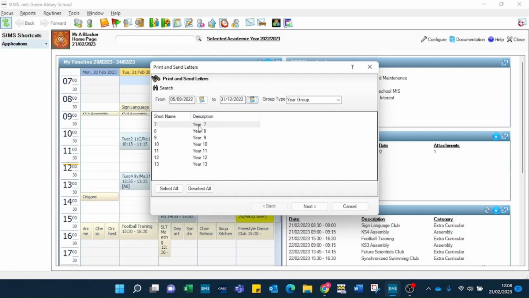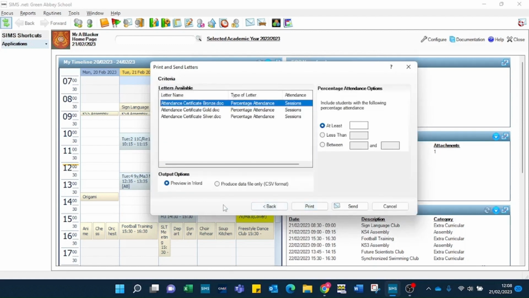I'm going to leave it as year group. In a primary school, you could change to whole school and do a search and pick up all of your children. But as we're on a secondary database, I'm going to leave it as year groups, because of the volume of certificates there'll be, and just do it a year group at a time. So I'm going to leave it as year 7, click on next,